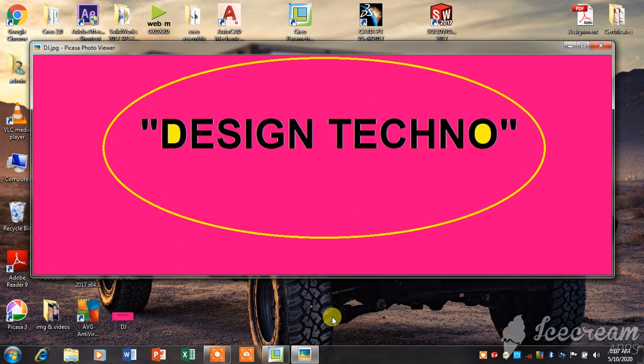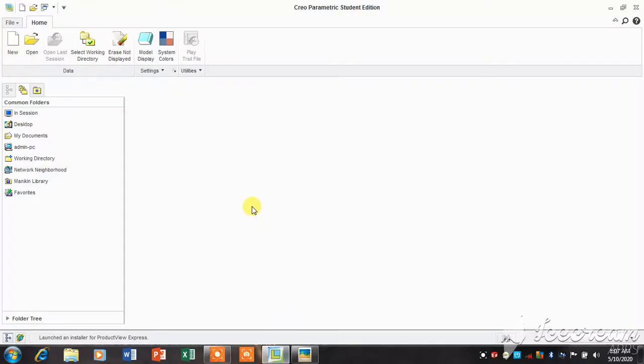I am Naneshwar. So today we see the Extrude command in Creo Parametric mechanical design software. So let's see. First of all, open the software, click on New,